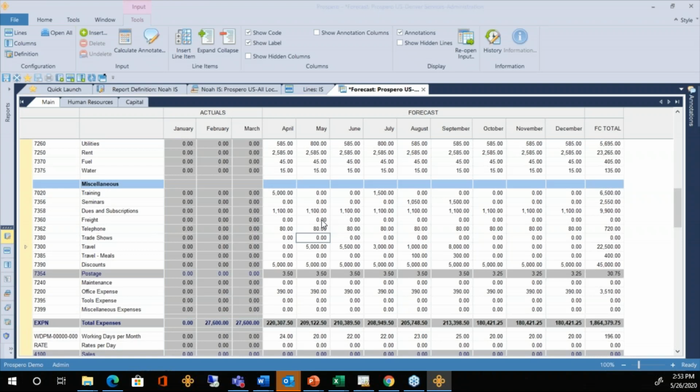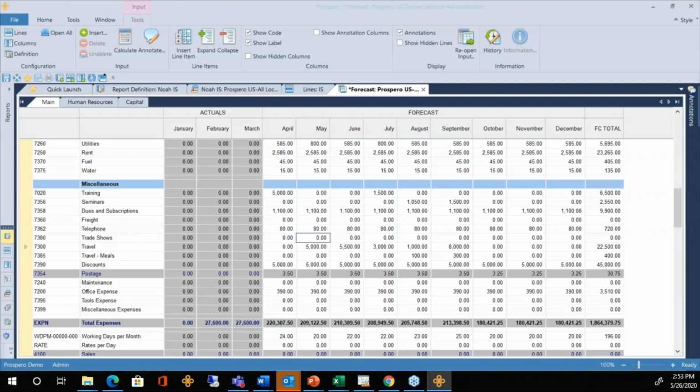Now, this input screen for this forecast, you can set up your fonts and colors and background shading, all that, however you want to set up. You can have as many columns here as you need to, or as few. If you need any formulas on these rows, it's easy to add those to the line set. And this page here, you're building it with a column definition and a line set definition, just tying those together in the input screen definition.